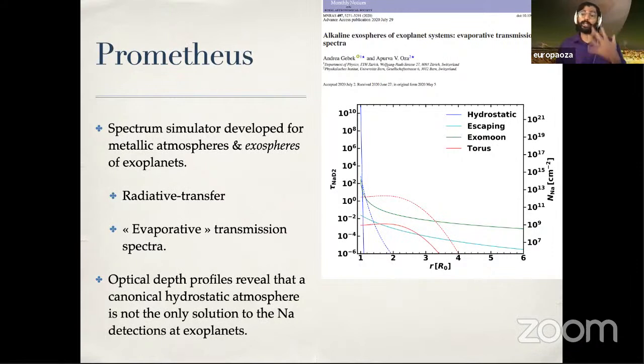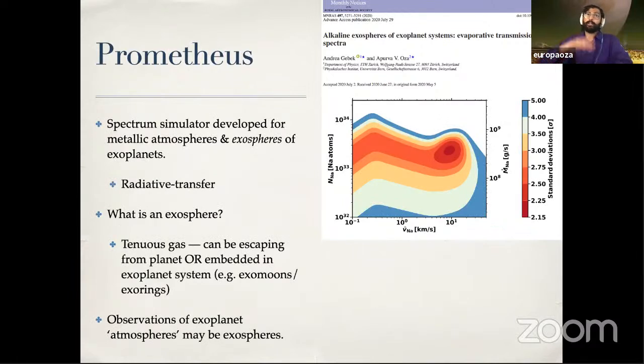That question can be remedied by the fact that we have a plasma torus that will result in recombination of ions. So if you have a lot of ionized sodium, it's possible you can recreate neutral sodium even far away from the planet. And the key is really the magnetic field and the ionization. So as the title implies, alkaline exospheres of exoplanet systems. What is an exosphere? An exosphere is this tenuous gas that can be escaping from the planet or just embedded in the interplanetary medium around the planet. So here we did just a very simple chi-squared analysis,